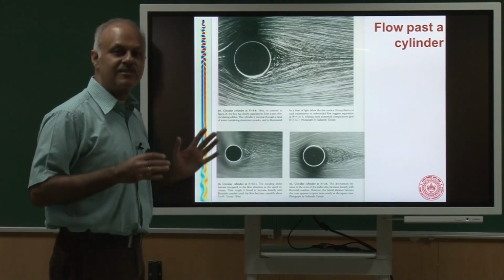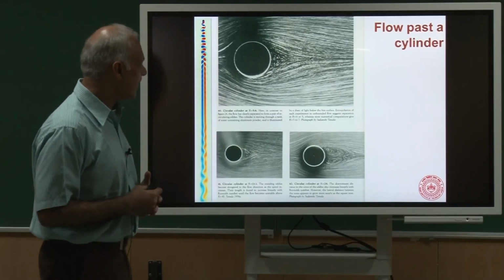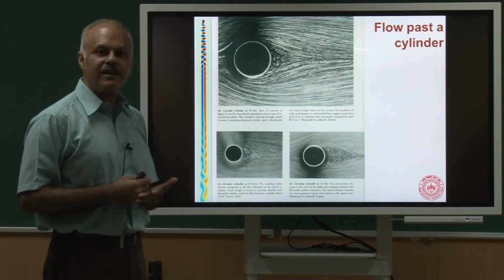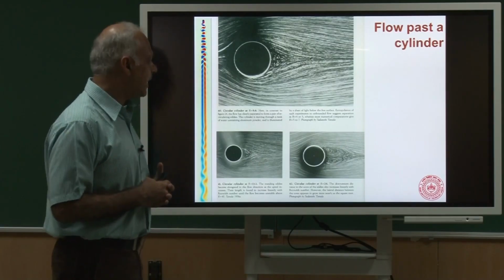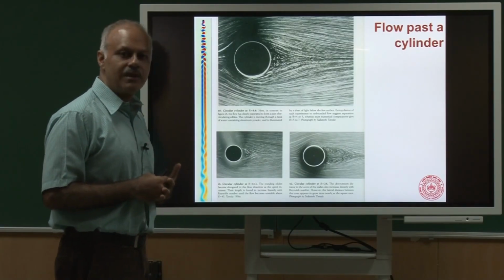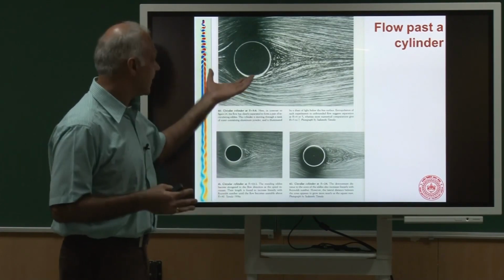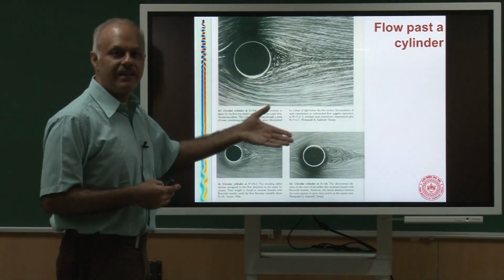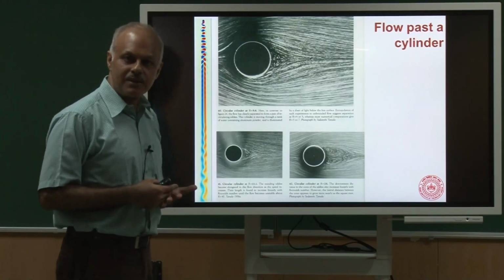Wrong. Actually, it's extremely rich. Okay, it's so fascinating. I hope I can convey that in the next few slides. So we define something called a Reynolds number, and I am sure you have studied that in your class 12th. So Reynolds number is, as you remember, density of the fluid times the length scale, which in this case is the diameter, times the speed of the flow, and divided by the viscosity of the flow. Okay? It's a non-dimensional number.